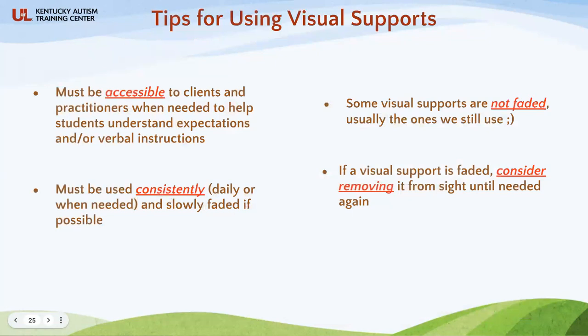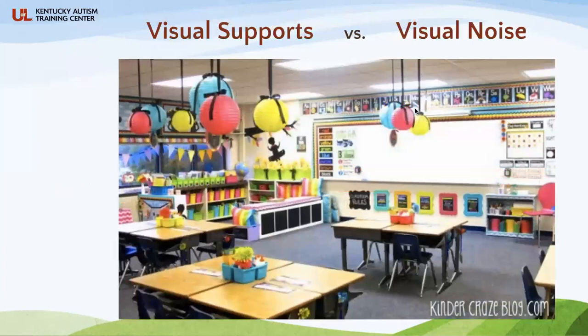Tips for using visual supports: it must be accessible. Make sure that they can see it. Don't put it up high on the wall. Let me go back to this picture. A lot of classrooms have that alphabet way up there. If the teacher can interact with it up there, great. And if she's doing it on a regular basis and she shows the kids how to use those letters up there, awesome. But if she's not, and nobody interacts with it, and the kids really don't think about looking up there,